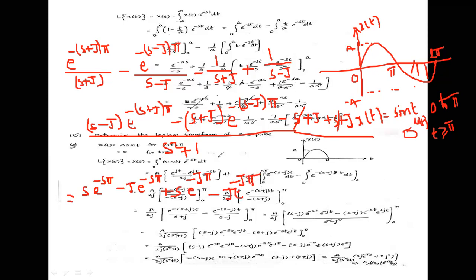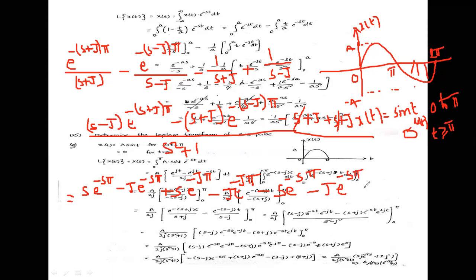Okay, and again here minus s e power minus s into pi, minus j e power minus s into pi,